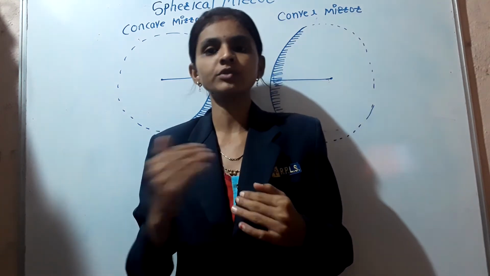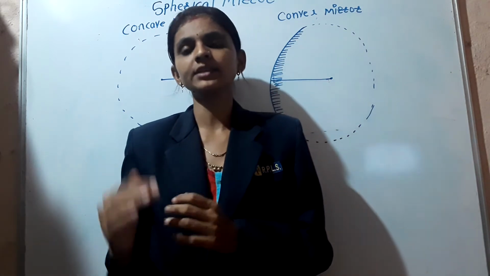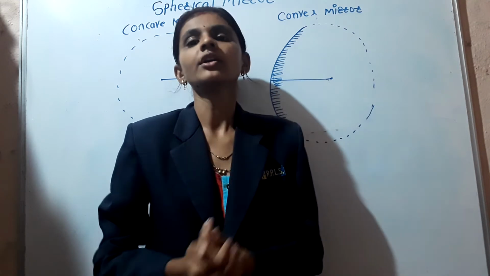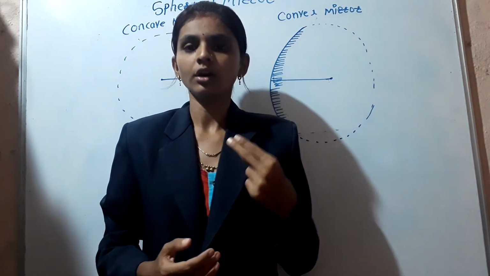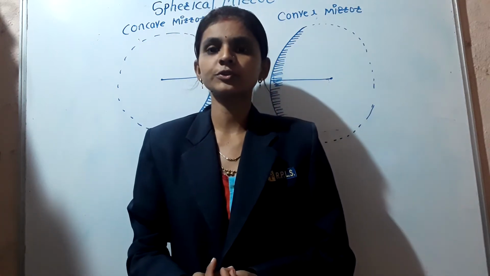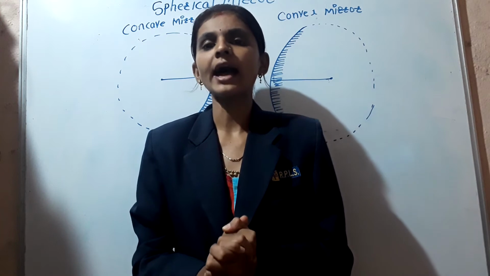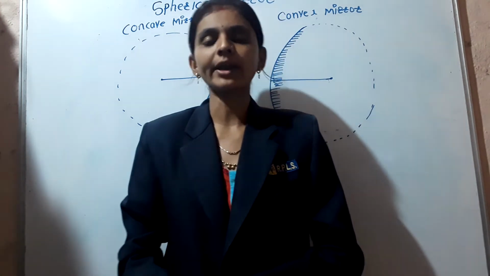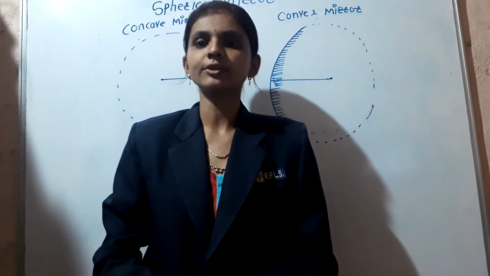Reflection is the bouncing of light rays. Whenever the light rays are passing, they are reflected in a different way. These things we already discussed, and reflection has two laws. According to the first law of reflection, the normal ray, incident ray, and reflected ray, the three rays lie in the same plane. And according to the second law of reflection, the angle of incidence I is equal to the angle of